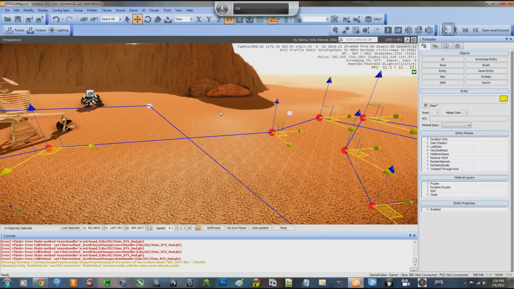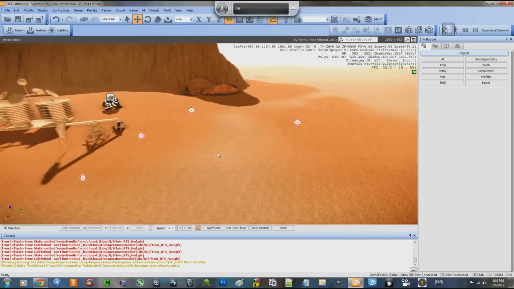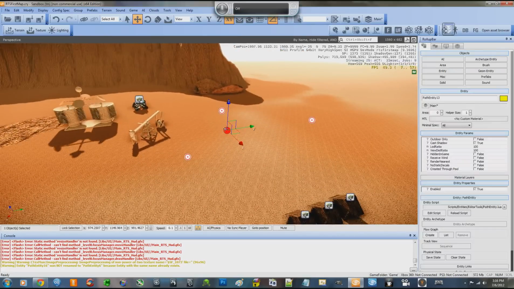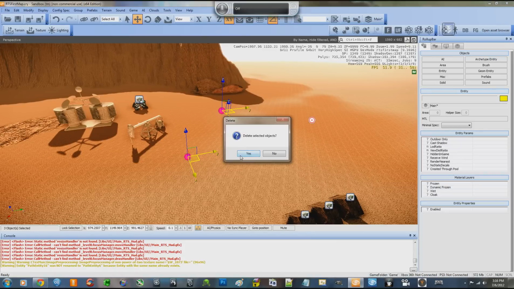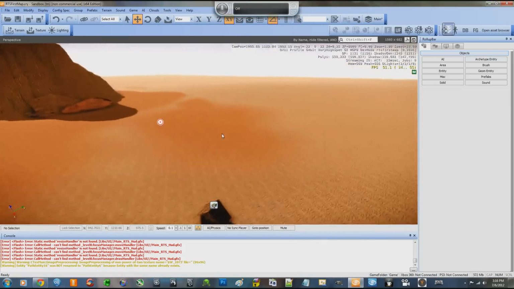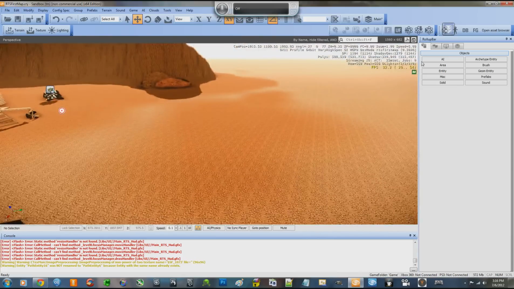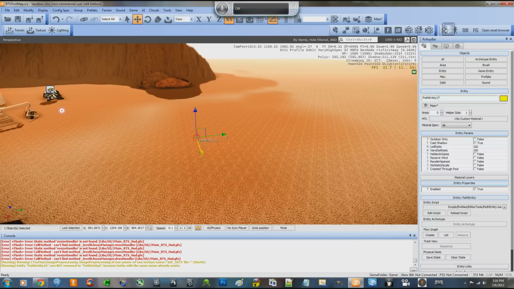But let me delete these: path entity, path entity, path entity. Okay, RTS game. All right, I'll show you what disable does, and it's really not very useful here. But I guess you could do it if you wanted to. I'll drag one here, and let's go ahead and